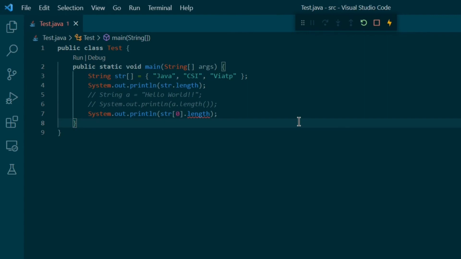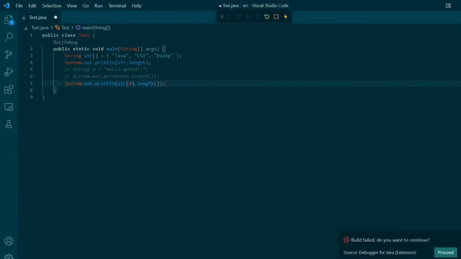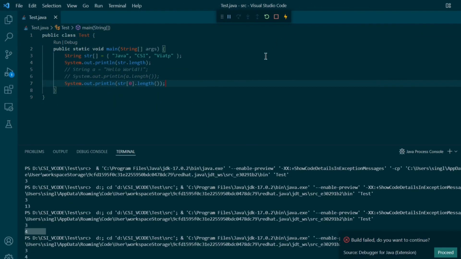If we want to print out the length of an array, we don't have to provide the open and close parentheses. But if we want to get the length of a string, we have to provide the parentheses. So it happens like this. Look over here, we are getting the expected result.